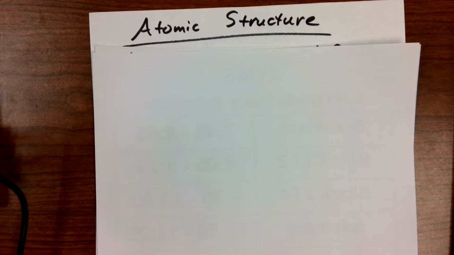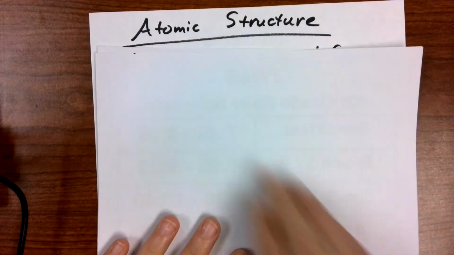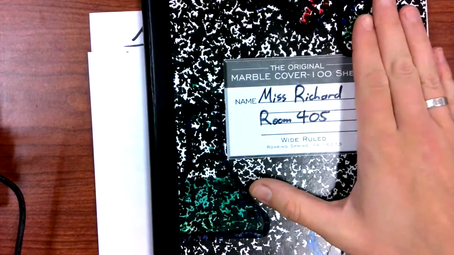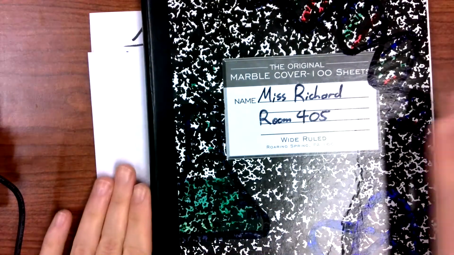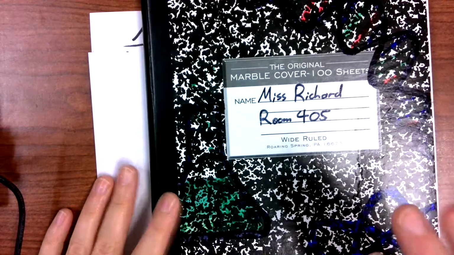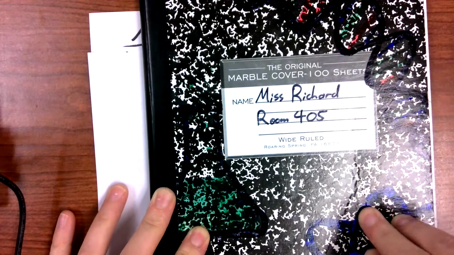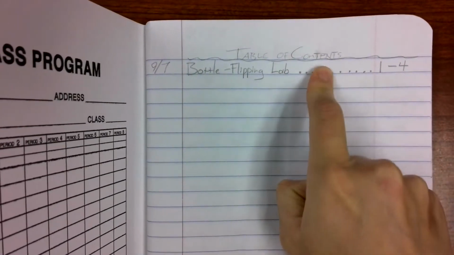Okay, this video is for anyone who wasn't able to make it to the meet where we talked about the atomic structure notes that we're taking. First off, I want to point out that these should be in your science notebook. Your science notebook will be available to you on your tests, so it's your resource, so make sure you're taking good notes in it. One of the ways that we take good notes is we keep our table of contents